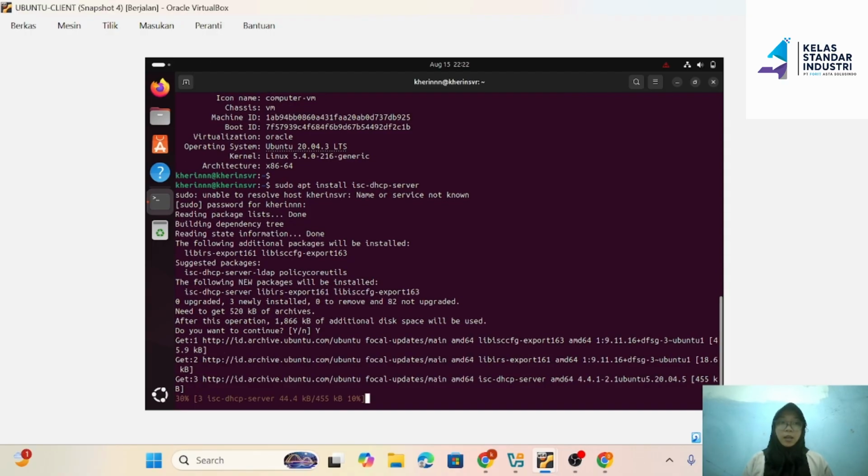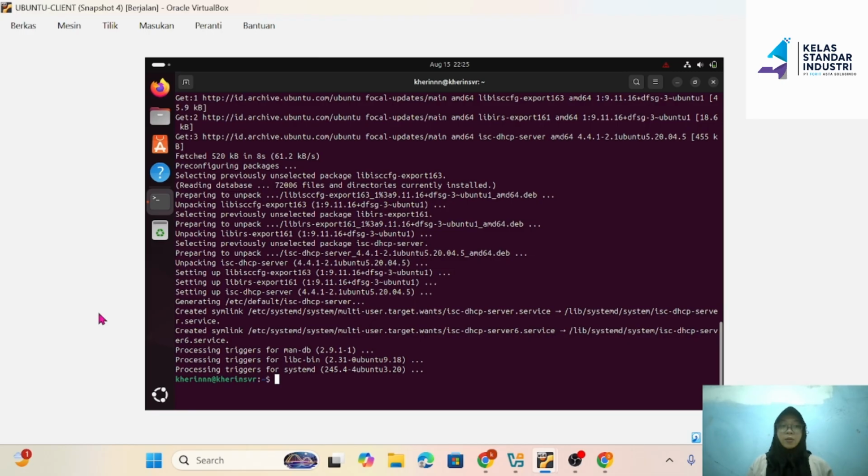Wait until the installation finishes. Now guys, once it's done, let's edit the configuration file by typing sudo nano /etc/default/isc-dhcp-server. Press enter.